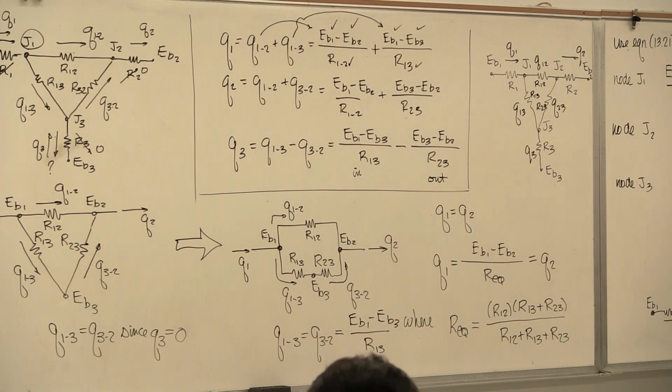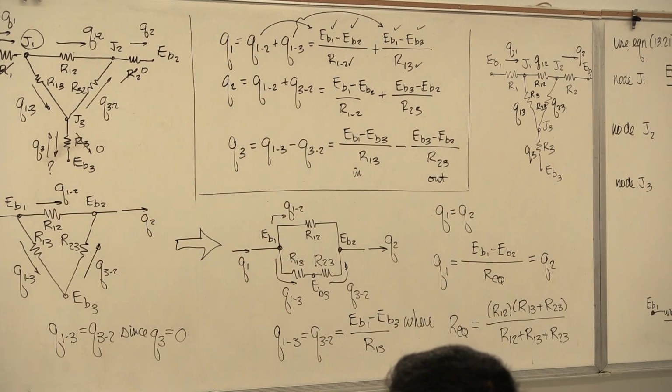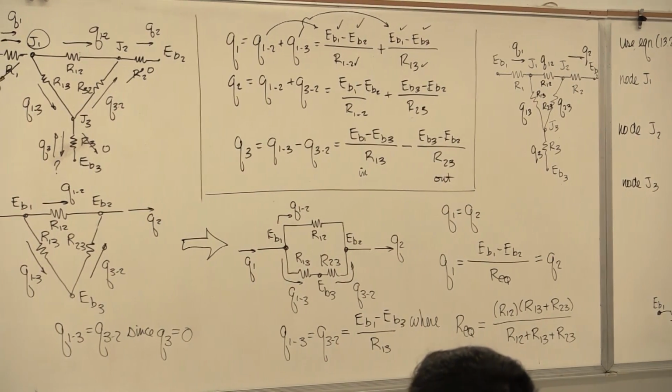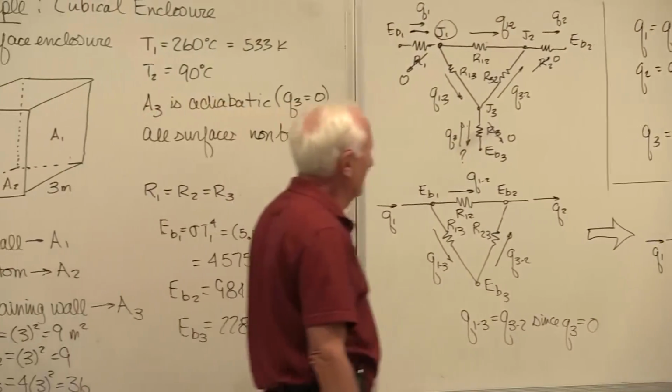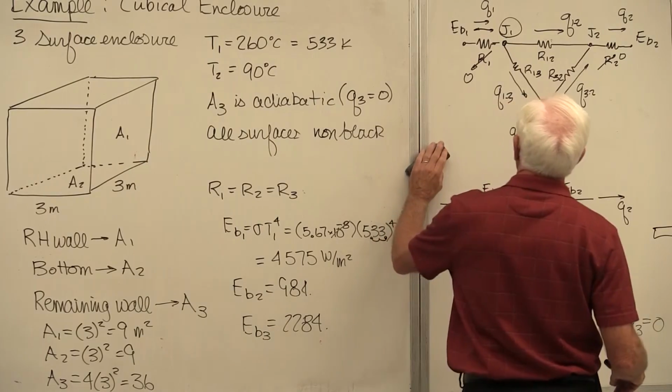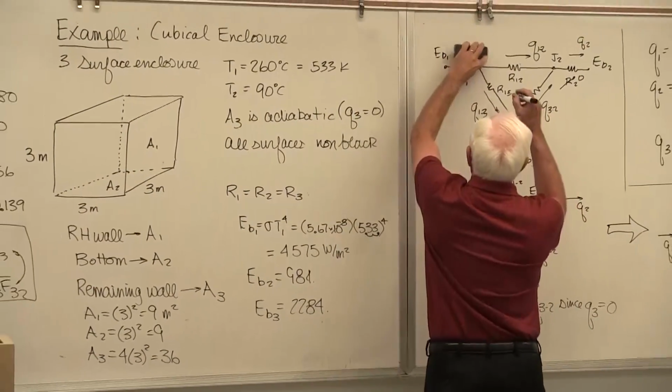We've worked 3 problems now. Now comes the 4th one. You know what's left. All right, this was when all the surfaces were black. Now all the surfaces are non-black. None of the resistances are 0. Leave them all in there. All right, I'm going to clean this guy up here, I think.